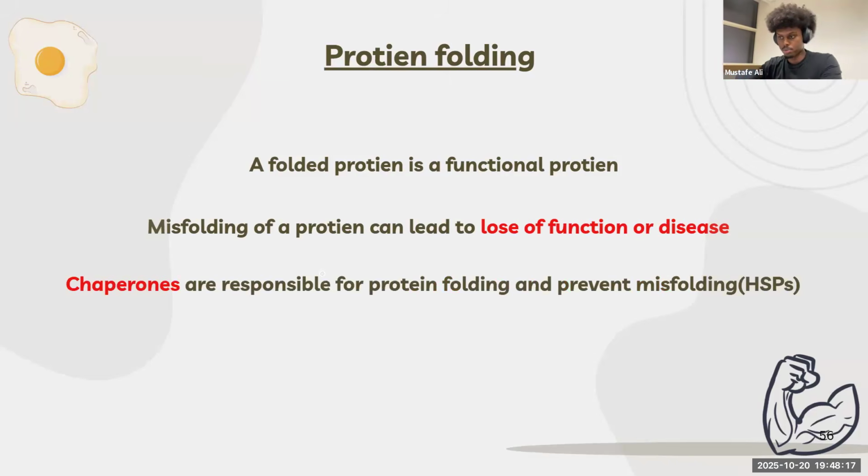Now, there are these proteins called chaperones. Chaperones are responsible for protein folding and they prevent misfolding too. An example of a chaperone would be HSP70, which is a chaperone present inside of cells. It folds them up, makes them neat and tidy, and allows them to go do their function and become functional. Now, chaperones use energy to fold proteins.